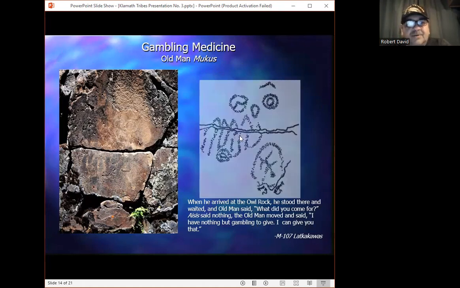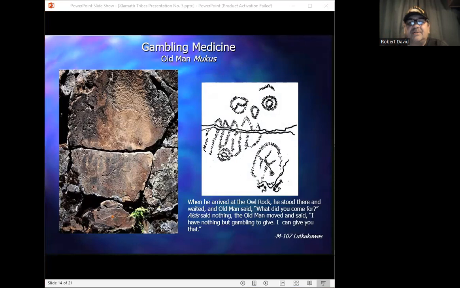Now, I did this stipple tracing over here so you can actually see what's in this petroglyph beside it. According to our myths, Mokus had been the greatest gambler in the world before Crow had turned him into a stone.